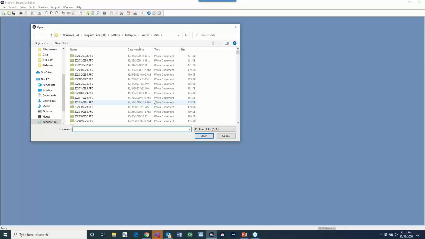So what a lot of our users try to do is they go into their data folder or wherever their SoftPro files are stored. They find that old file that they want to get rid of. They right click on it and they click delete. Or they highlight it and click on their delete button on their keyboard. It looks like the file disappeared. It looks like it's been deleted. So you try to reuse that file number,